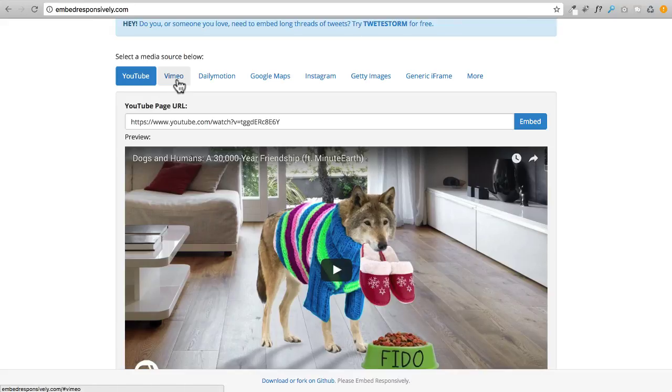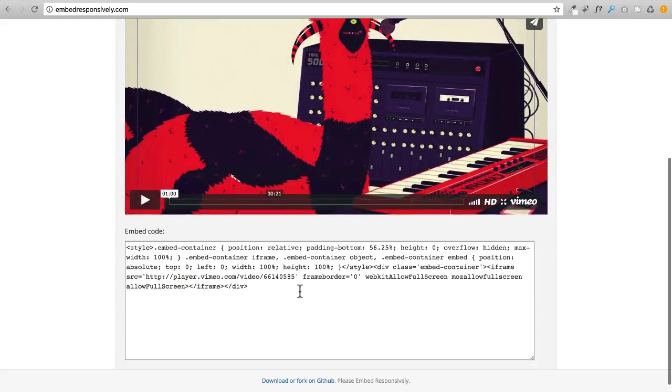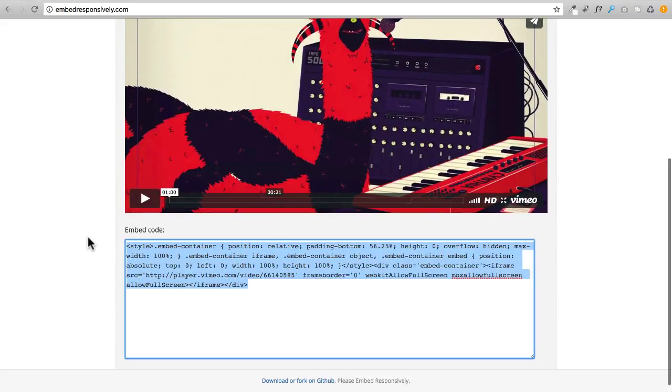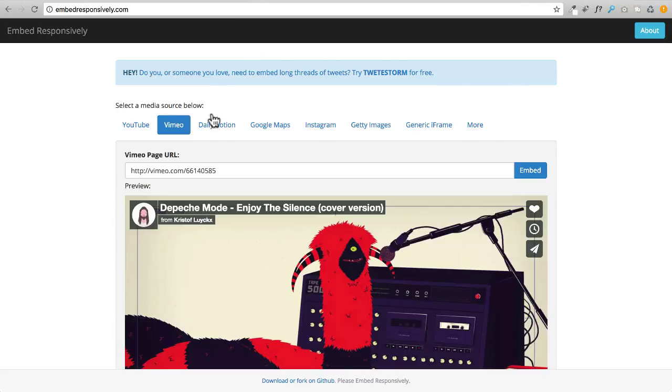And so if you had videos on Vimeo, and a lot of people actually use Vimeo, you'd want to use a paid plan on Vimeo, but they'll allow you to have your videos privately and change the color of the player and lock them to your website. And so you would take those video links in here, pop them in, click on embed, and it would do the same thing. It would give you a link there that you would paste in on your lesson page or